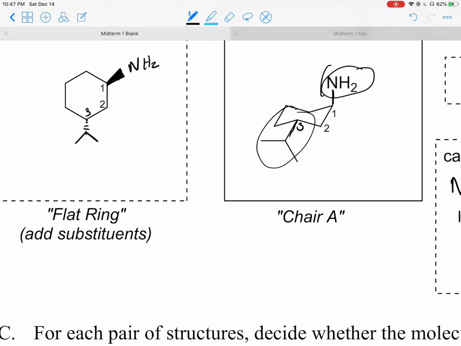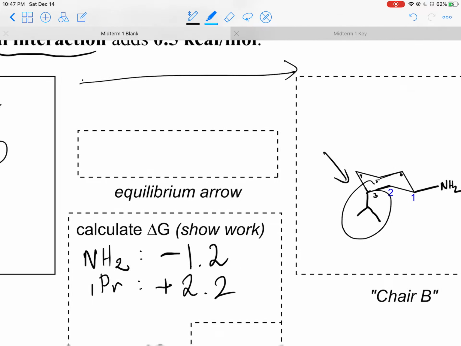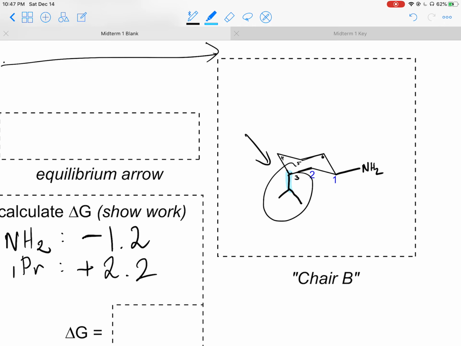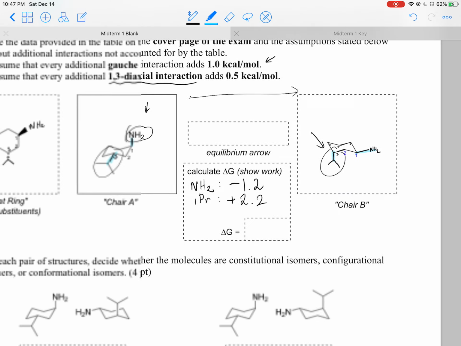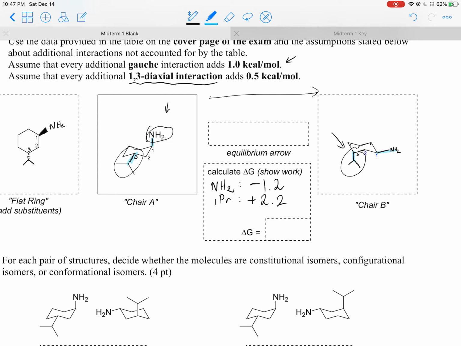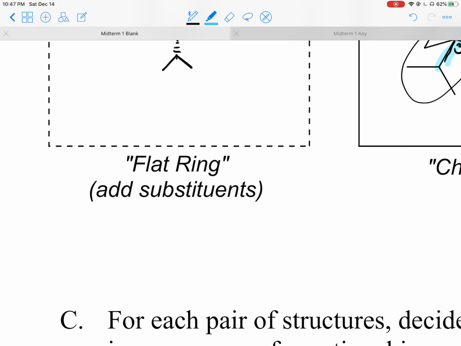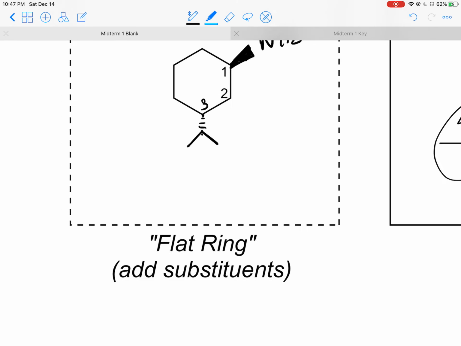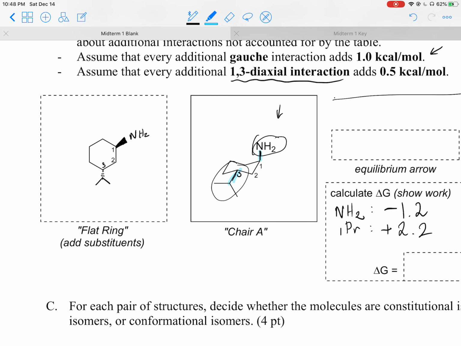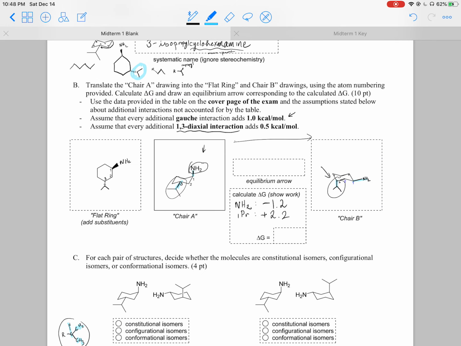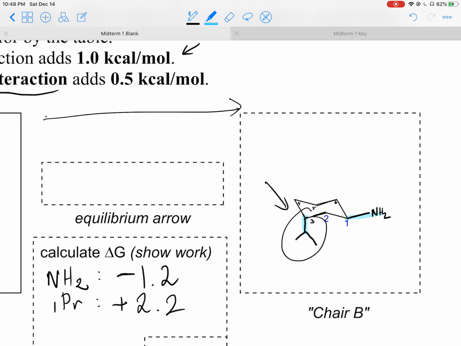But as you can see, over here, 1 is axial for the NH2 and 3 is equatorial. Over here, 3 is axial, 1 is equatorial. So this doesn't apply here. When would this apply? This would apply if we had drawn our flat ring wrong, or if we had done something wrong so that we had like,